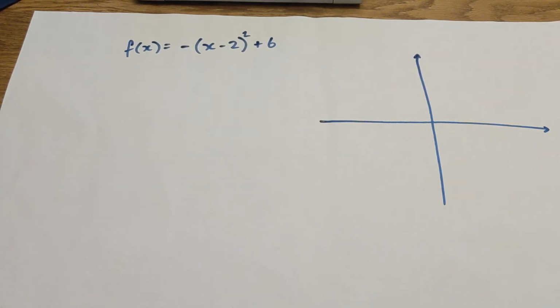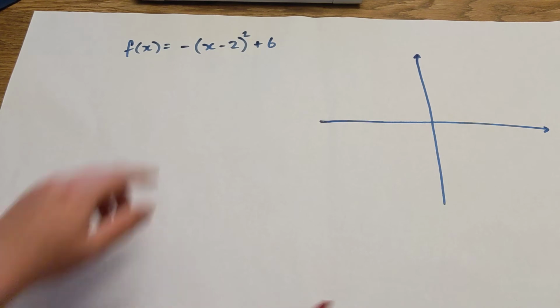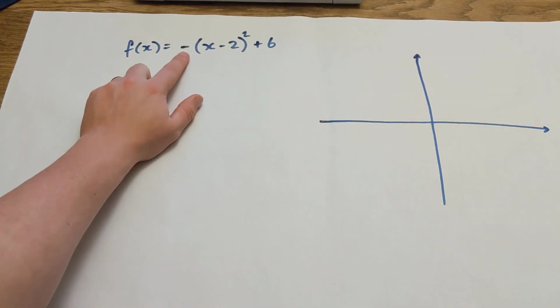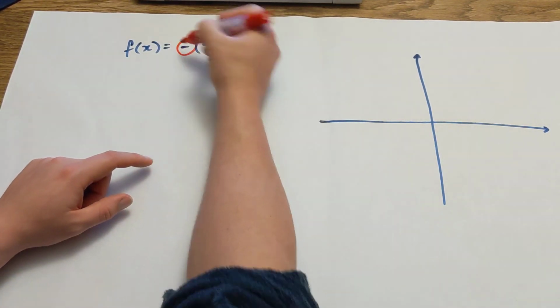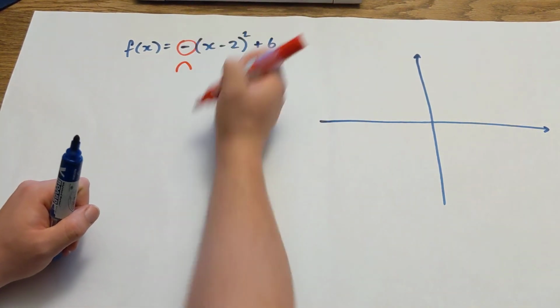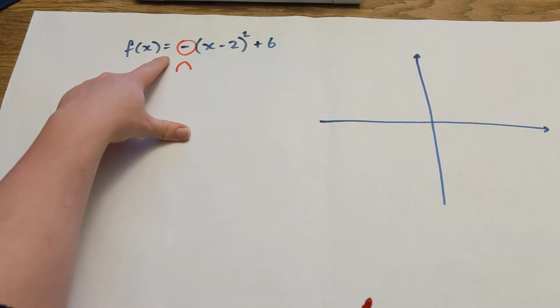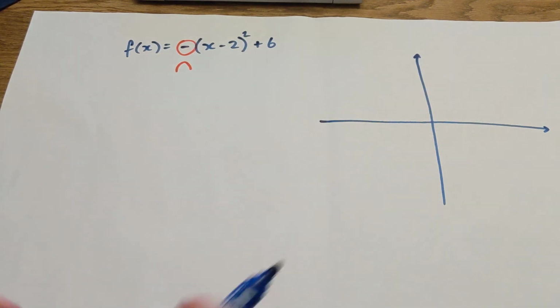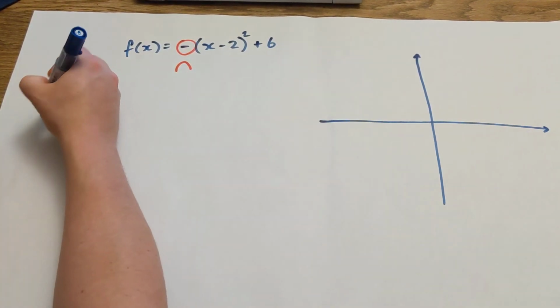Okay, first thing we want to look at is what shape it's going to be. You'll see here there's a negative sign, and that's telling you straight away your graph's going to have a sad face, okay, because it's negative. Right, so let's look for the